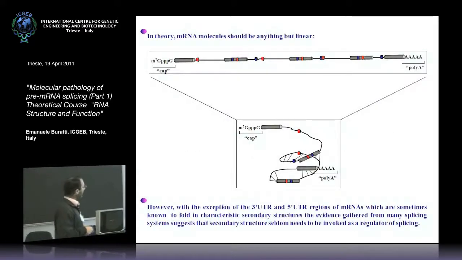Mini-genes can also be used to check for effects that not only affect the basic splicing elements, but also mutations that affect the RNA secondary structure. Just a brief introduction now, because very often in the literature you will always see a pre-mRNA shown in this way, like a kind of linear sequence where you have your exons, the cap at one end, the poly A at the other end, but this is really something that